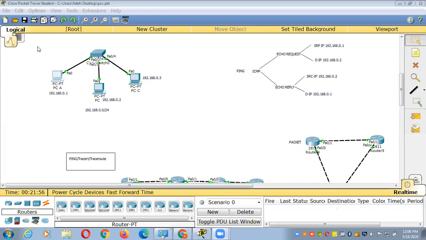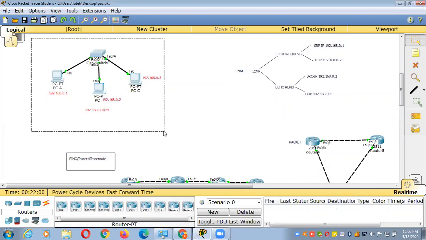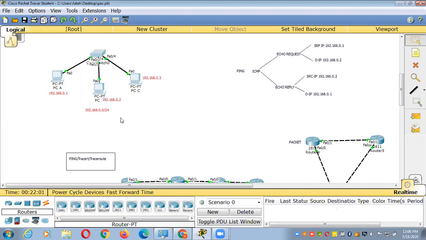Today I'm going to discuss more about troubleshooting in CCNA. So the topic of today is troubleshooting in CCNA. So basic troubleshooting, which I'm going to cover here. So this is the diagram, and every computer has a different IP address. This computer has 192.168.0.1. This computer has 192.168.0.2. And this computer has 192.168.0.3. So all these three IPs belong to the 192.168.0.0 network.